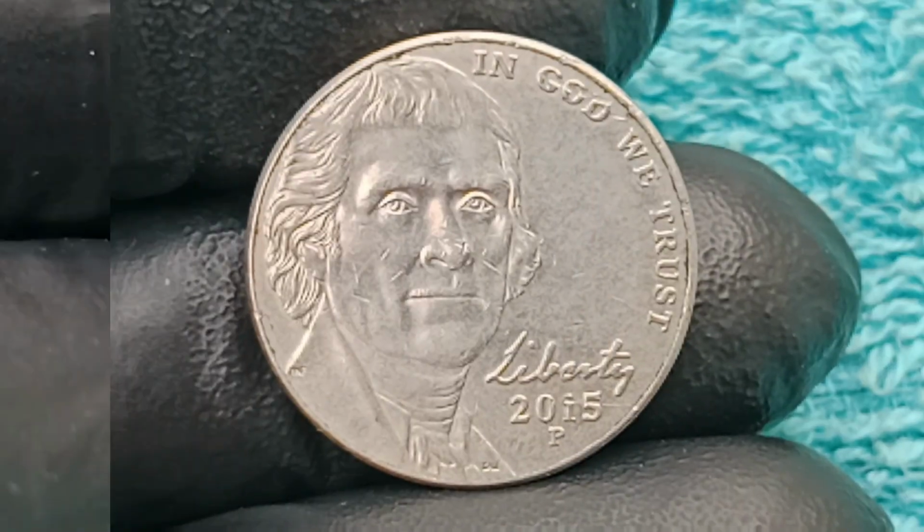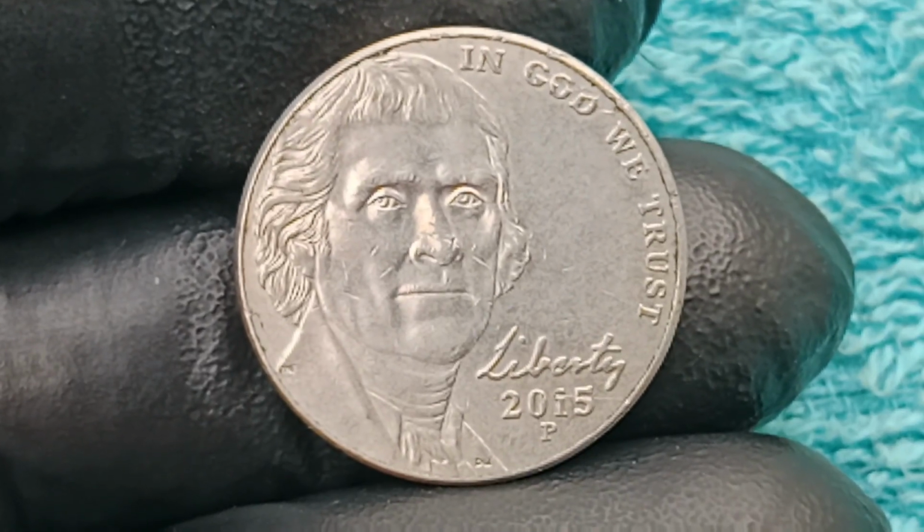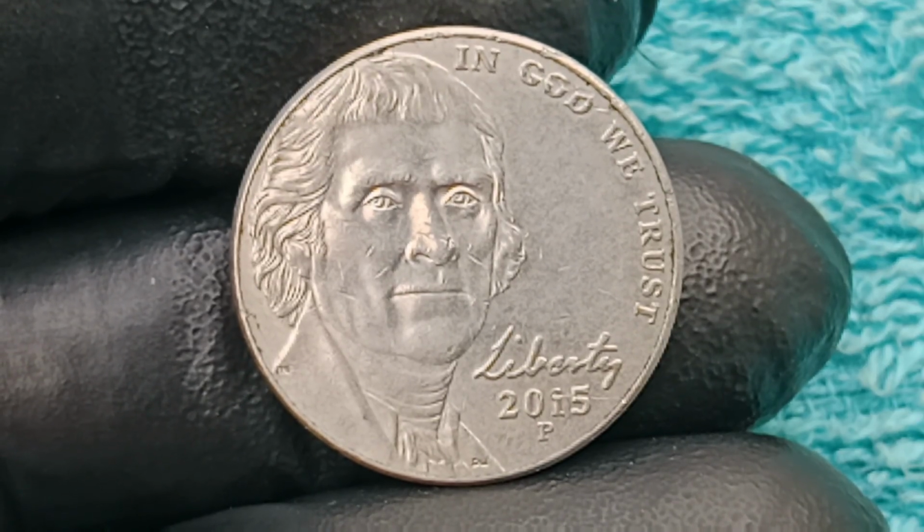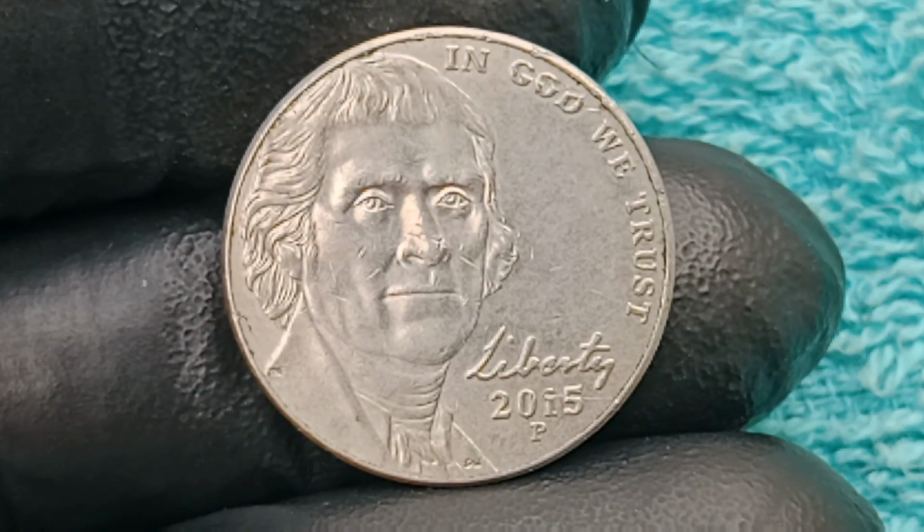Next, 2015 P 5-cent USA coin. Welcome everyone to another fascinating journey into the world of rare coins, where small change can turn into life-changing fortune, and